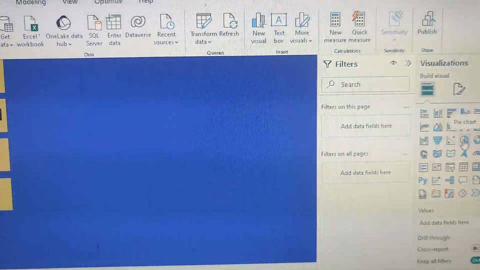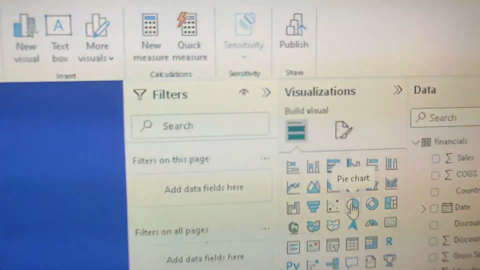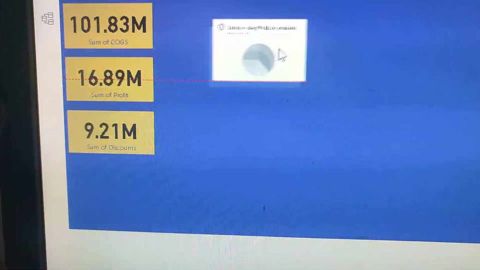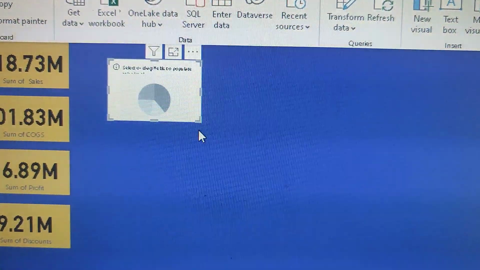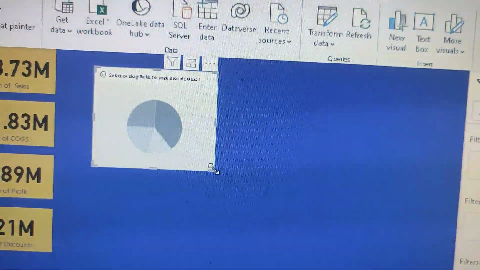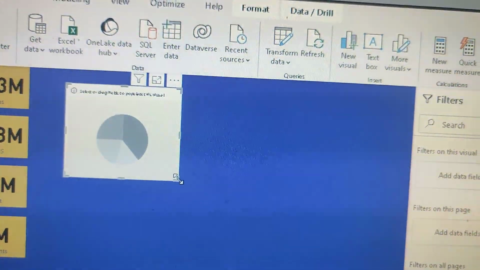And then click on the pie chart, which is this one. Okay, I tick and I will see a blank chart visible on my screen. I can increase the chart a little bit bigger so that you can see what exactly is going to happen when I do my combinations of